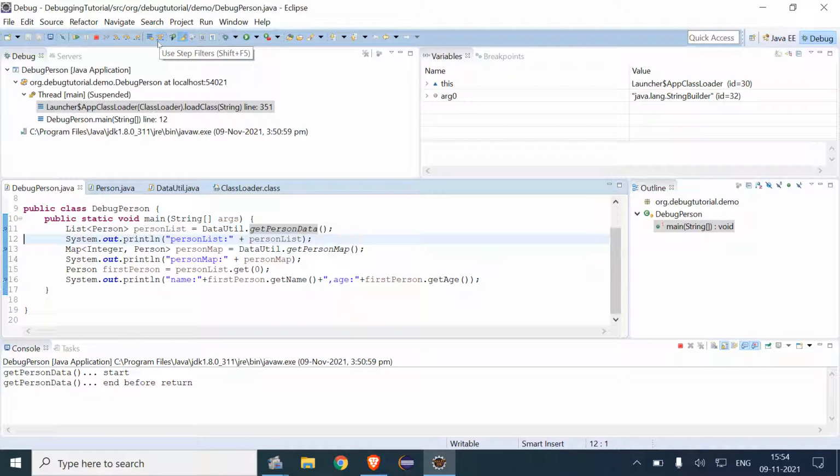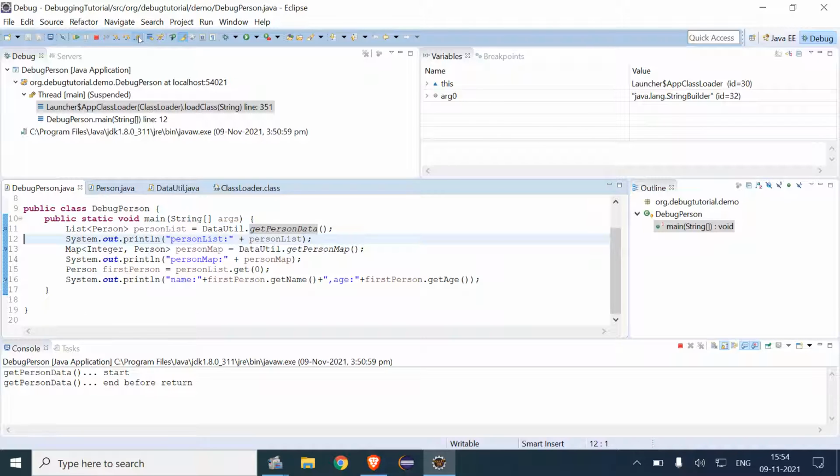These are the three things by which we can control a program execution during debugging a program.